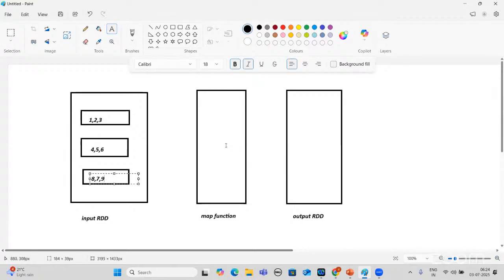So here what I'm doing, I'm writing a map function, lambda a is to a plus 100. So for this, what will happen? We will get 100 added to each element, right?